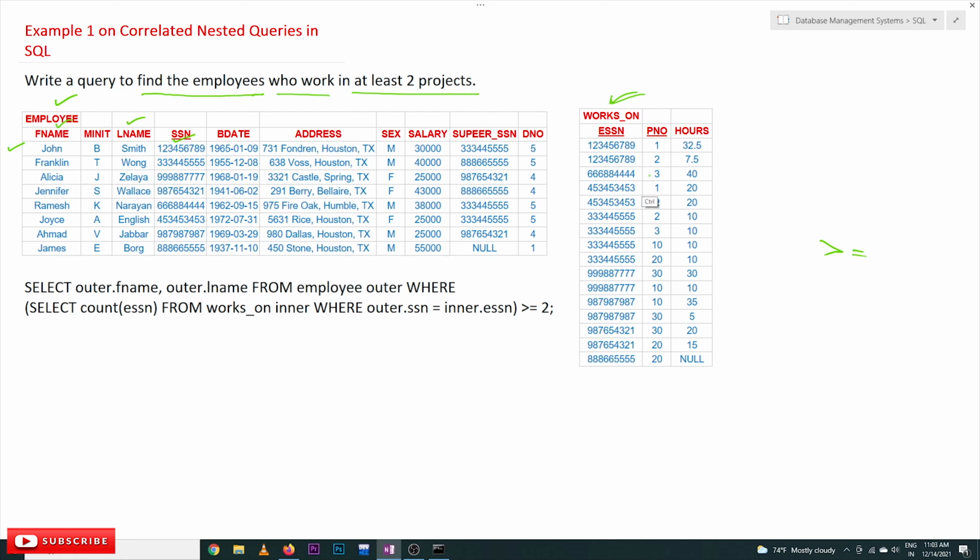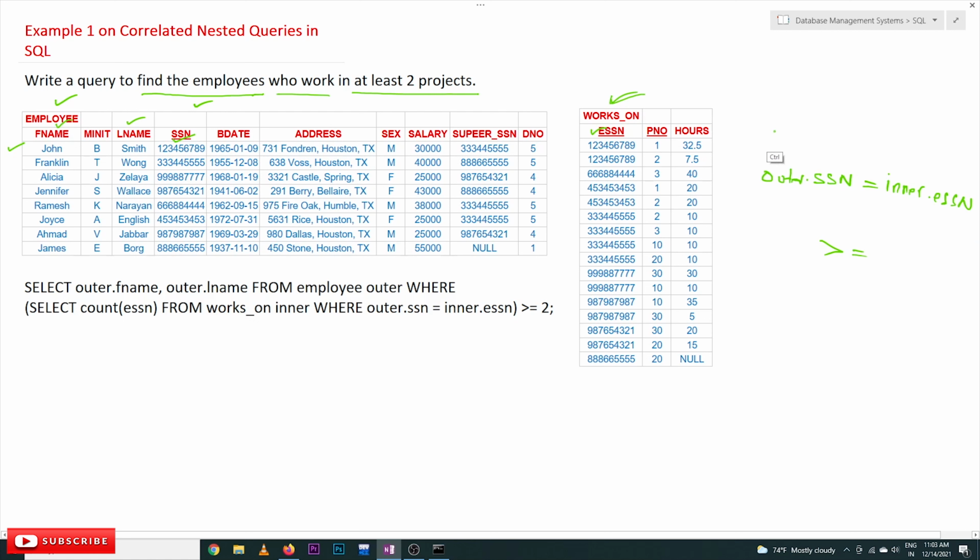This is going to be our outer query, and this is the inner query. If this SSN value 123456789 is equal to ESSN in this table, which means it is inner dot ESSN.